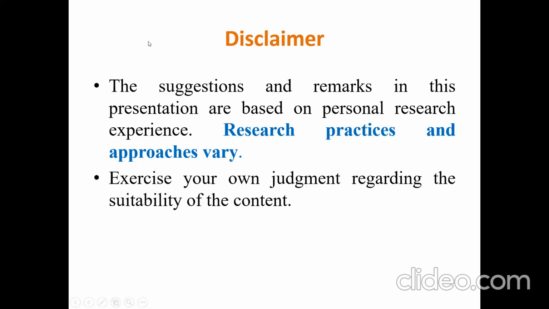So again, I am telling you that there is no hard and fast rule for writing the paper, right? Writing a paper is an art. You can convert your art into any form and present your paper. But I am giving some key points: what are the gist or the important points expected by some reputed journals? I have consolidated all these things and now I am going to present them here, right?